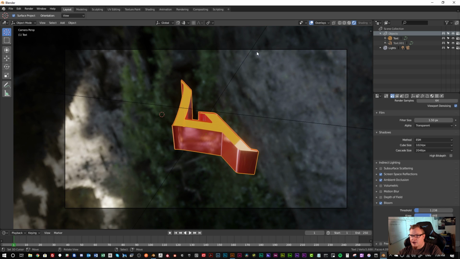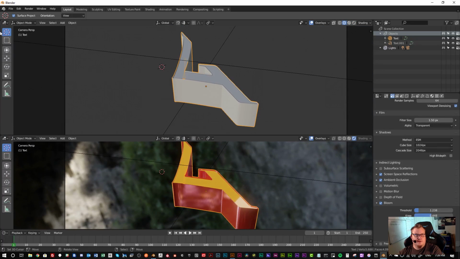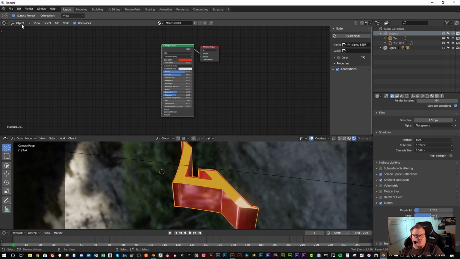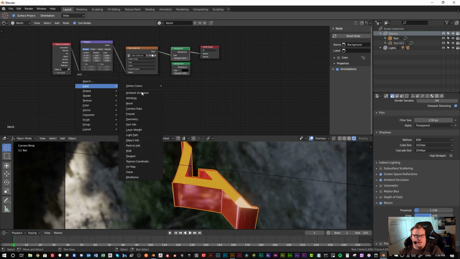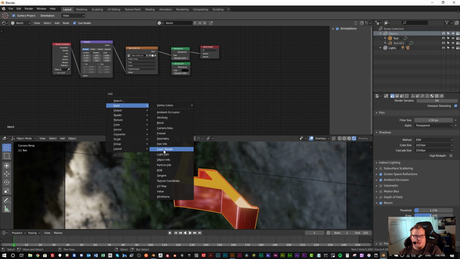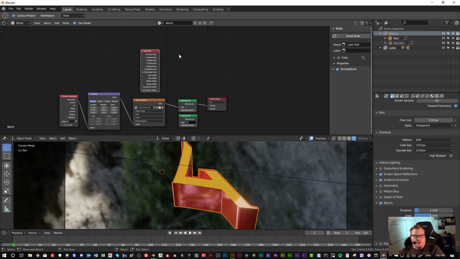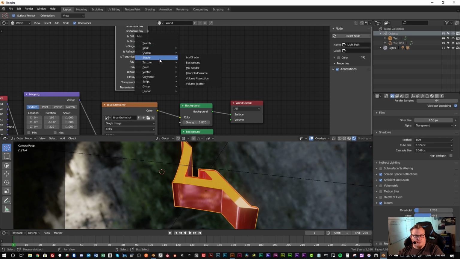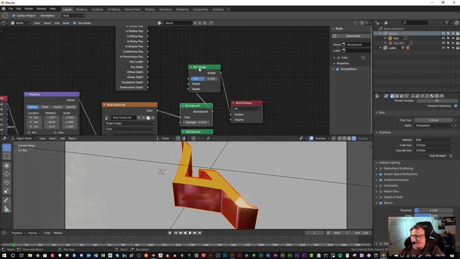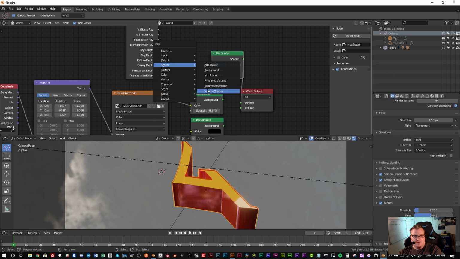Okay, so Lorenzo is saying I need to use a light path in the node. So let's go ahead and take a look at doing that. I think I already know what I got to do. Let's go back into shader editor, select our world. Let's add in a light. No, let's add in a light path. And I'm assuming we're going to need some sort of mix. So with that, we can go ahead and throw in the background on the top. And then the bottom, we could do something like